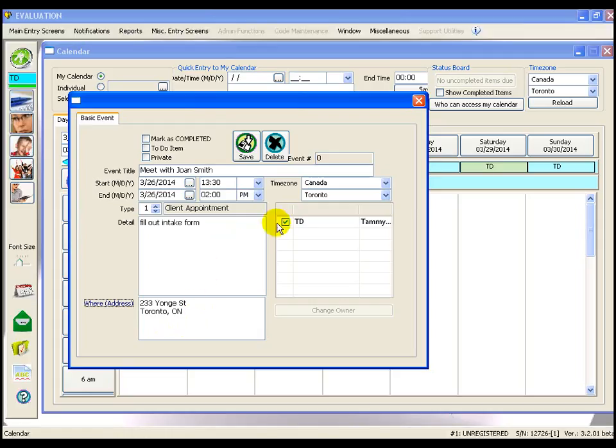Now, our calendar is also fully time zone sensitive. We've released this new calendar across all of our product lines, and because of that, some of them need to work in different time zones, and this one is fully time zone sensitive. Probably in your case, most of your appointments are going to be in the same time zone, so that's probably going to be irrelevant, but just be aware that's there. I'm just going to save that here now,